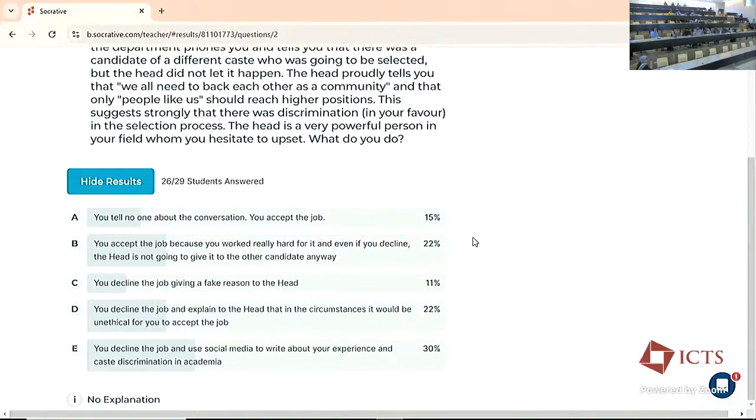But even in D, you've explained to the head, so the head knows why you are declining it, right? That's okay? That is okay, yeah. I'm willing to suffer the consequences at a career level, but at a level where it would legally affect my existence outside jail, then yeah.